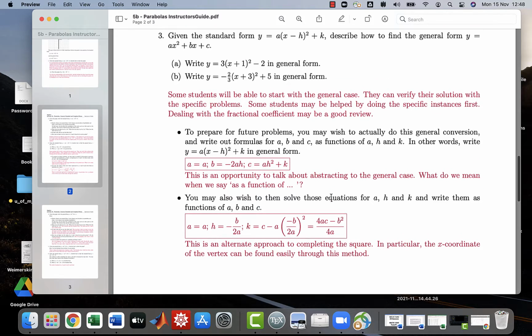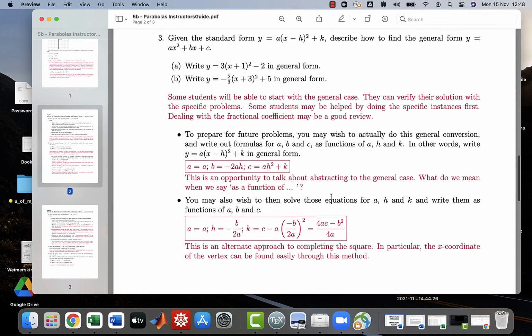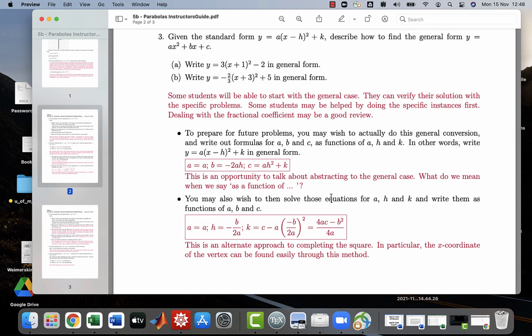The algebra work comes in question 3 and question 6. Question 3, we start with the standard form. And yeah, if they need to get some practice work with numbers, if that makes them more comfortable, take this thing, expand it out, review what an exponent is. You've got the FOIL process, you've got distributing, you've got combining like terms. And you're going to write that out into the general form and just kind of remind them what the general